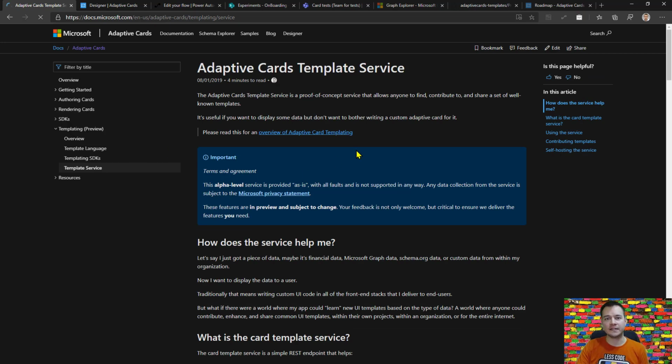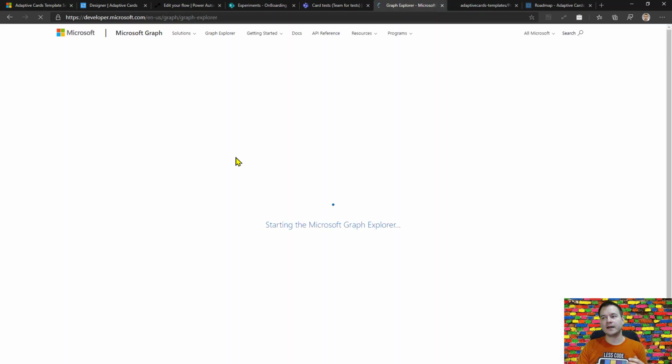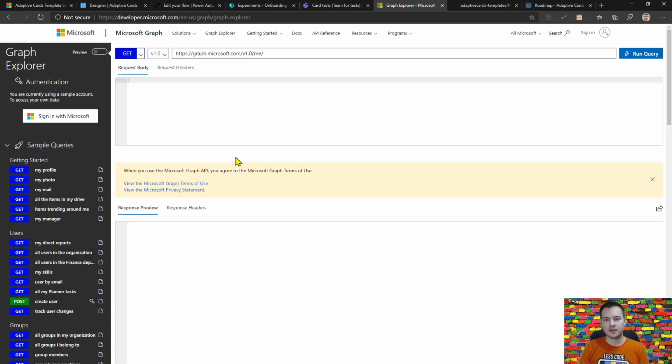Now, this is a very cool idea because it brings you a mechanism that can return you a template for the provided JSON data. So imagine, for example, you are calling a Graph API, and the Graph API returns JSON that you would like to present in an adaptive card approach. So what you could do is, of course, design your own template, but what you can as well do is